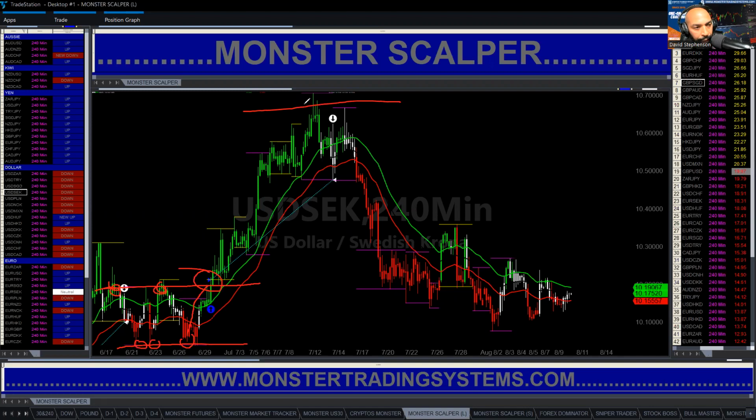Made a high, made support here, never made new highs. Hit support, we got out here. That's the meat of our trade. We got out, sellers came in. Look what happened to the price after the sellers came in. We bought here, got out here. Had we not gotten out when the sellers came in, we would still be in the trade all the way down here.